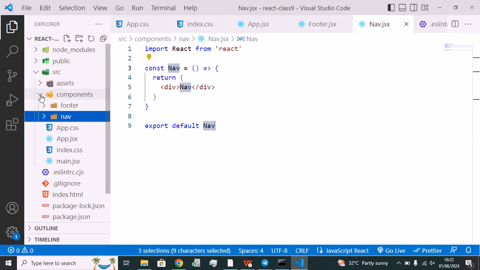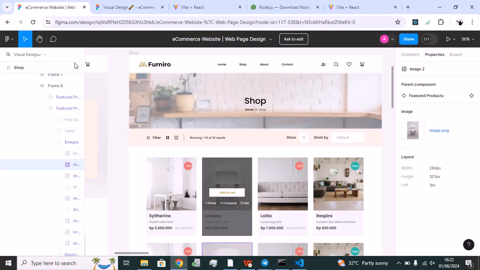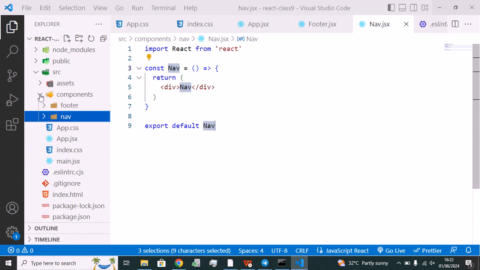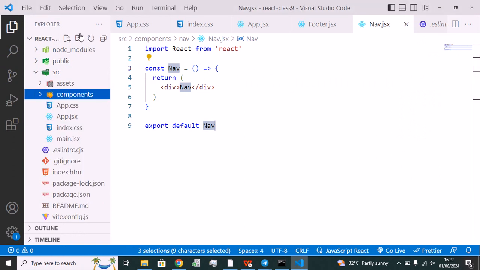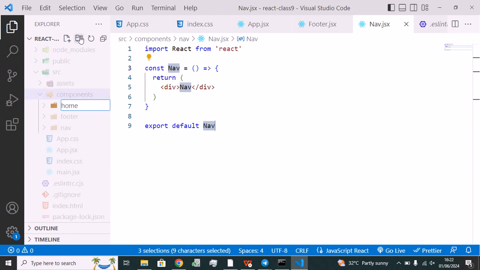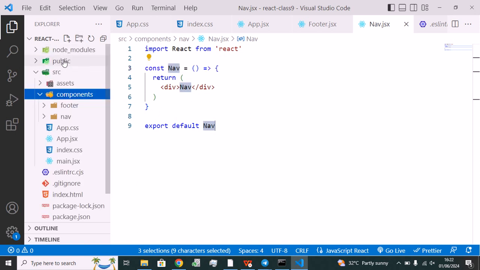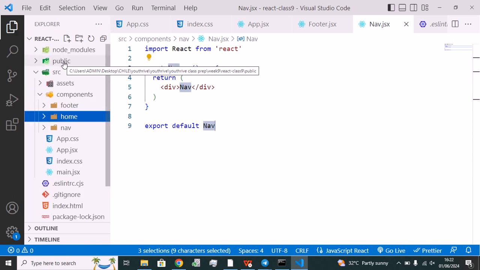So the next thing that we are now going to do is to create a home component. From the project here, you notice that we have a home component, or the home page, and this and this should all be a component. So just to play around with this, we'll create another one. Then by the time we start to create the navbar, we'll create the other ones. So I'll create the home folder first, then after that I'll create the home component,